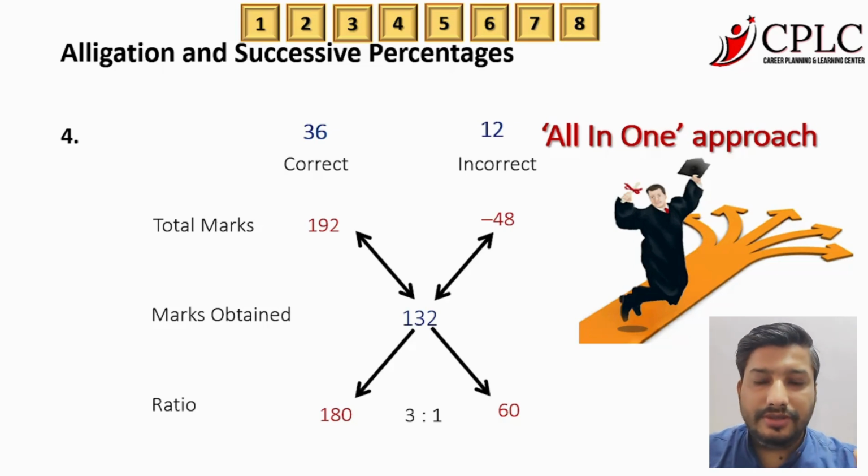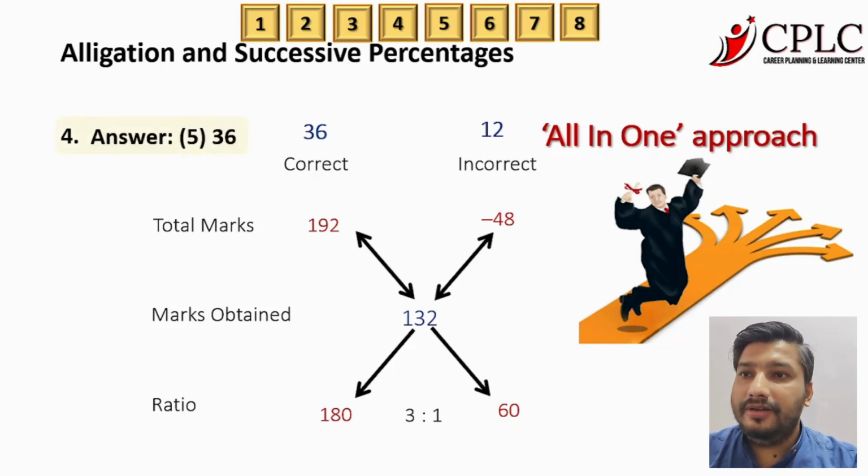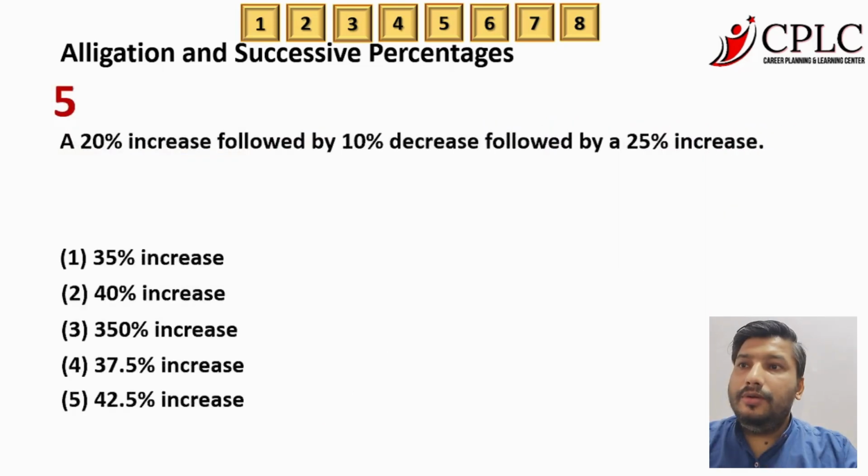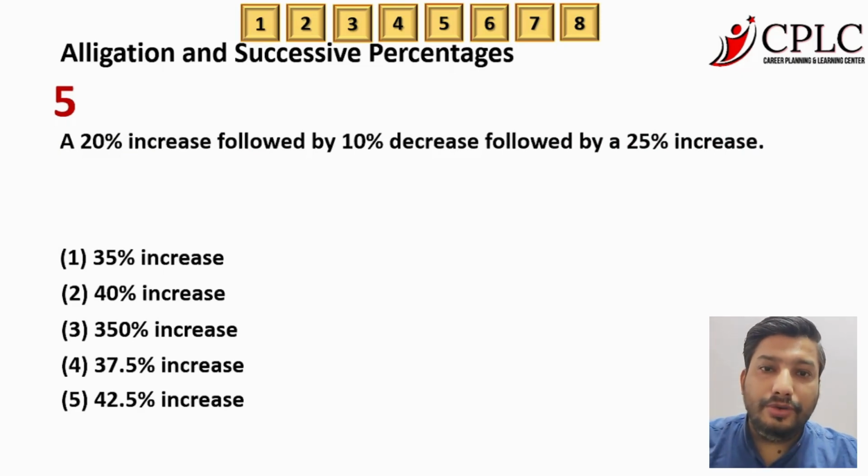So coming back to the answer, how many questions he got correctly? So 36 questions he got correct. So answer option 5, and 12 questions he got incorrect out of 48 questions that he has attempted, according to the data that was given to us. So that is your fourth question. This is the allegation. Now let's talk about the other question, that is question number 5, which is related to